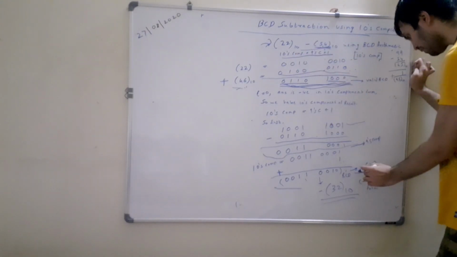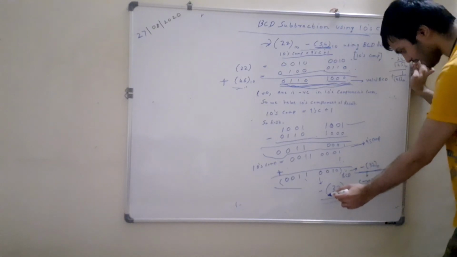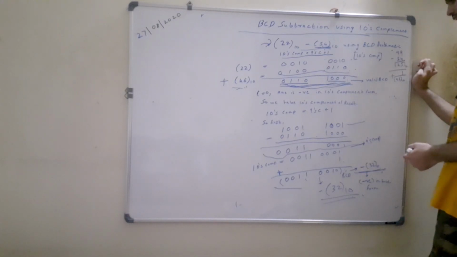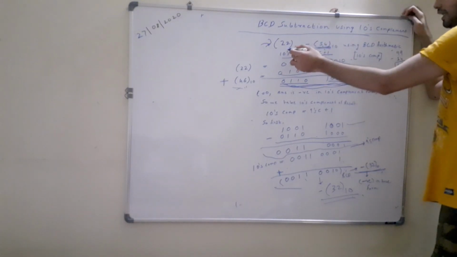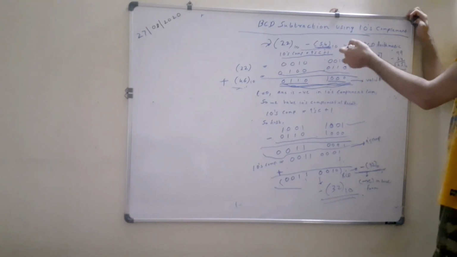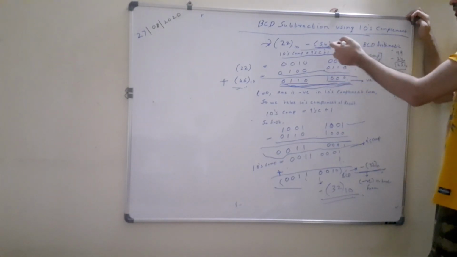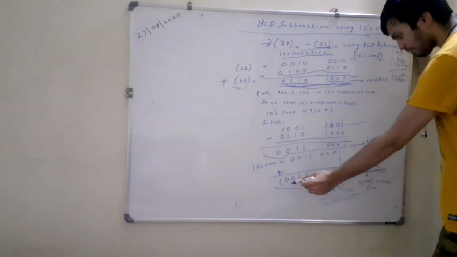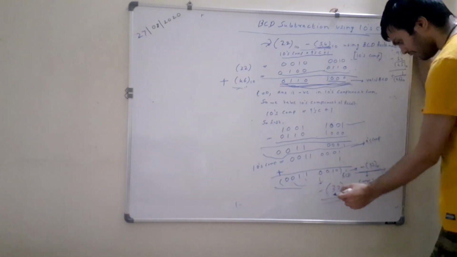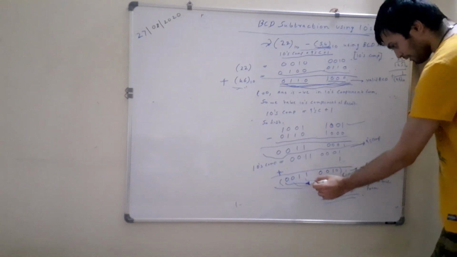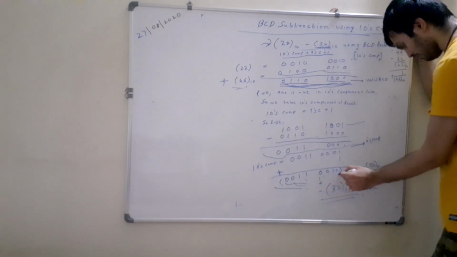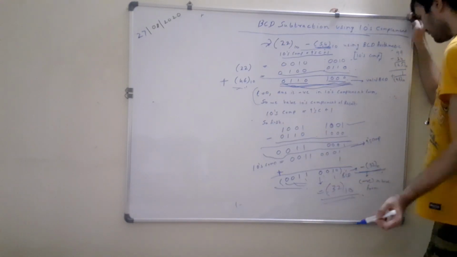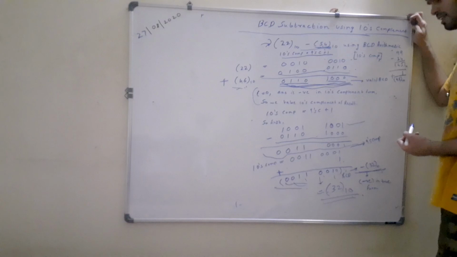And then we convert it to its equivalent decimal. We get the answer as minus 32 in decimal. So the answer is negative and also in true form. So this is our final answer. By common sense only you can tell that the answer will be negative, because we are subtracting a larger number from a smaller number. So minus sign will be present, and the equivalent decimal representation of the BCD number will be 3 and 2. So 0011 stands for 3 and 0010 stands for 2. And as no carry was generated, the negative sign will be present as it is. So the answer is in negative and true form. So this is your final result.